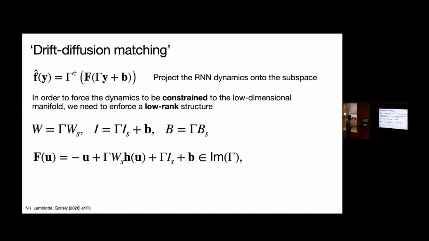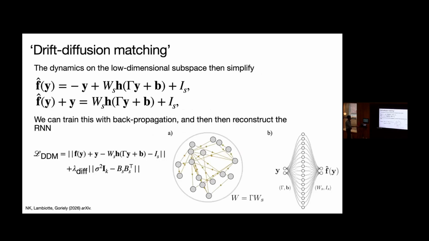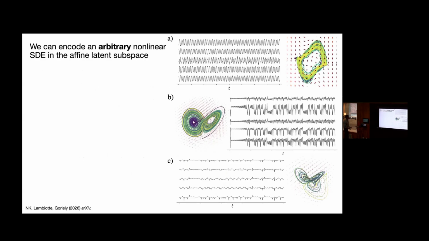We're assuming it lives on this manifold. Well, we're making sure it lives on this manifold. And then what happens is your recurrent neural network becomes equivalent to a two-layer perceptron. You can follow the maths for this, but basically the dynamics on this subspace become parameterized by a two-layer perceptron. So to approximate any target vector field you want in the subspace with your neural network, you just train a two-layer perceptron to approximate it, and then use the parameters to reconstruct your recurrent neural network. And then you'll have an autonomous circuit that can encode whatever dynamics you want.